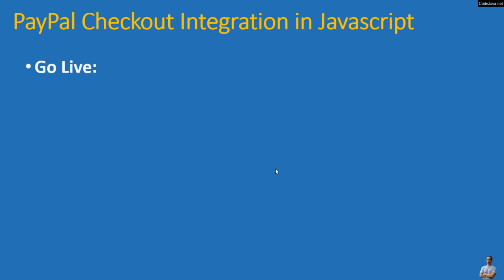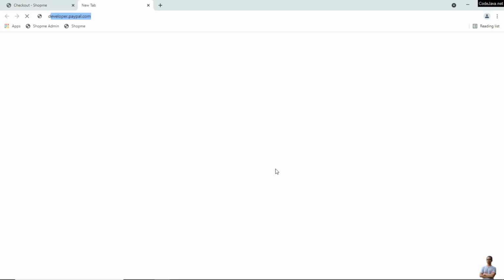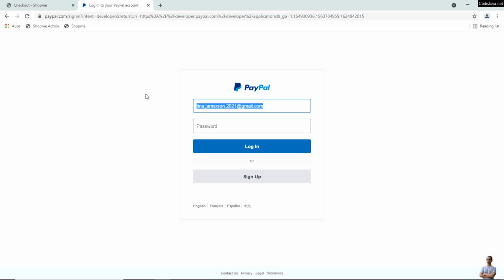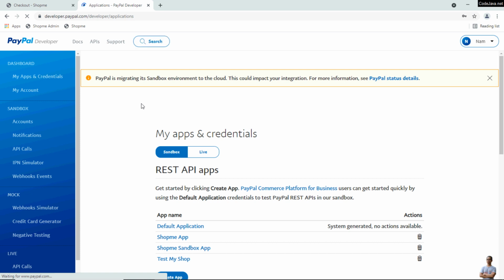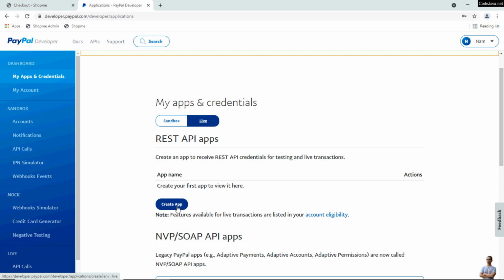So far I have been testing in a PayPal sandbox environment. To go live, you need to create a PayPal live app and then use the client ID of the live app instead of the sandbox one. So head over to the PayPal developer site, log in using the PayPal account that is intended to receive payment. And click the live button here and create a live app here